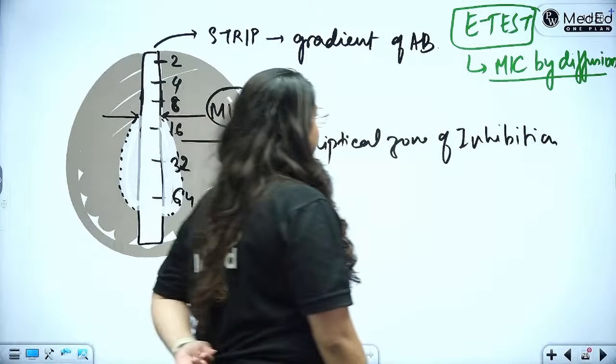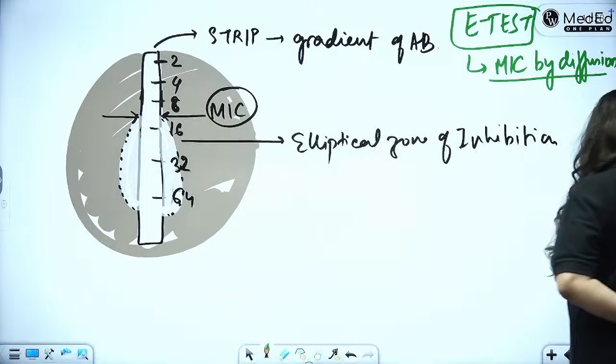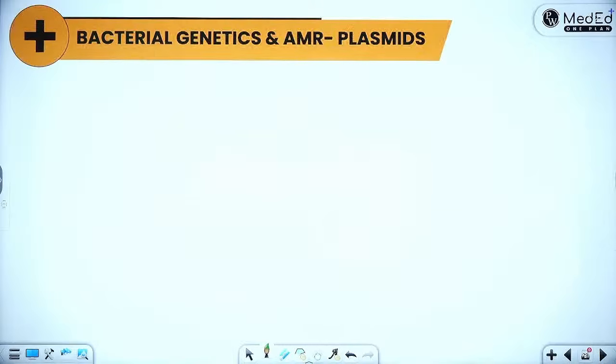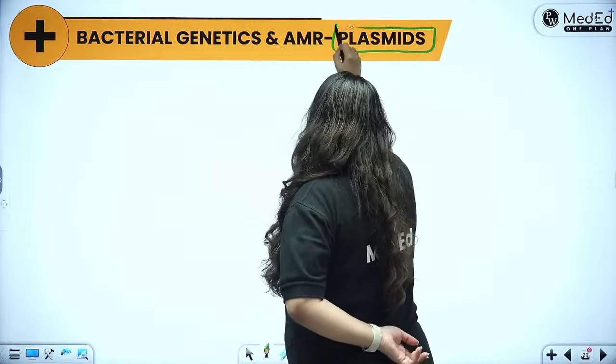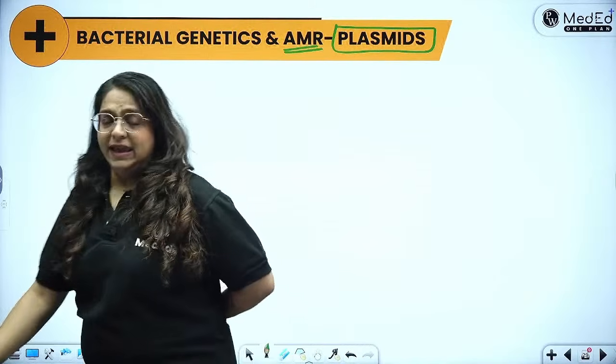Okay, so that is the E-test, and that is how you can draw the diagrams in the exam as well. So we have seen all the important types of your disc diffusions. Now, amongst bacterial genetics, I will be talking about plasmids, then I will be quickly talking about AMR, and I